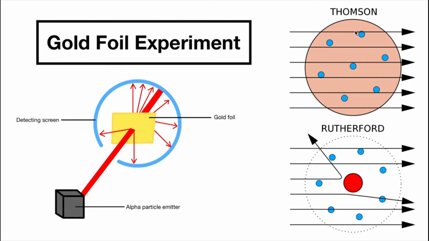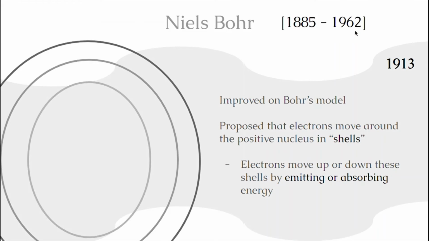However, what Rutherford discovers is that a surprising number of them actually bounce back. So in other words, there must be a positive core, because that's the only place that they could be bouncing off of. And he does a bunch of experiments, and this is what he finds. And that's super fascinating, which causes him to create this model of the atom.